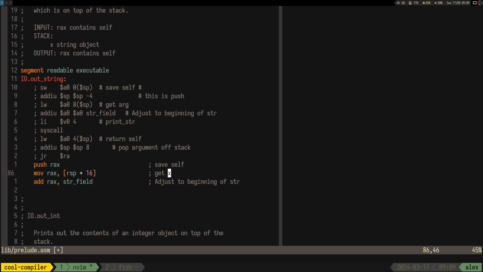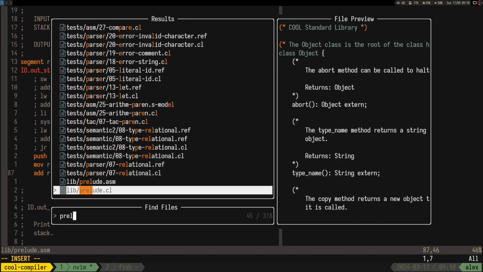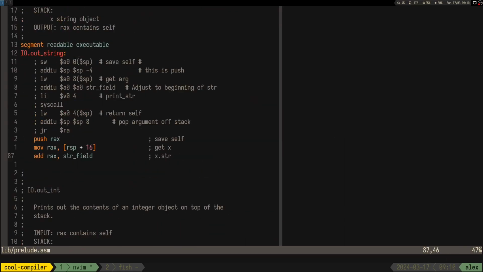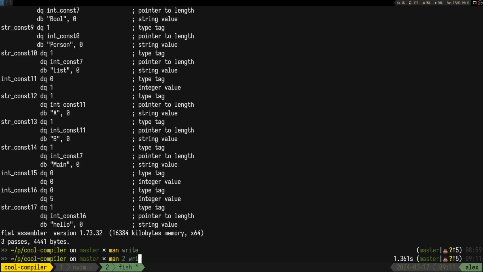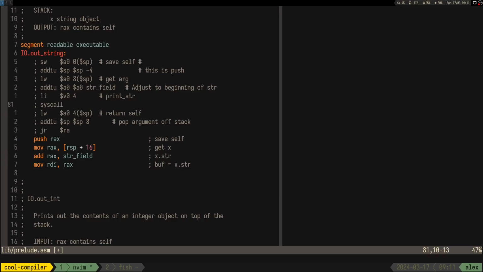Like there we are storing the self variable on the stack. So as I said, we are going to use the stack for the arguments, and RAX will be the register where we are going to keep self. So we are going to use RAX just for self, I guess, and I'll be using RBX for doing computations and stuff. Having more registers would be really cool, but